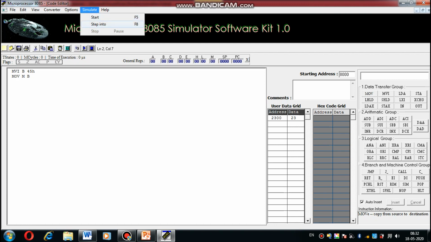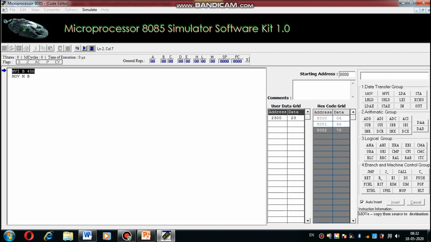I execute this instruction step by step, step into. Look here, the MVI B, 45H instruction is executed. After execution B is equal to 45H. Then the instruction MOV M, B is executed. After execution of this instruction, what happened? M register has 45H, but when I execute, firstly M is initialized with 23H.